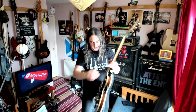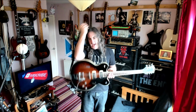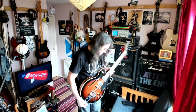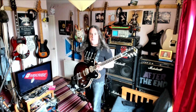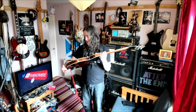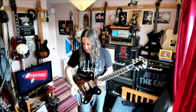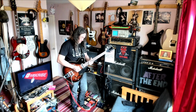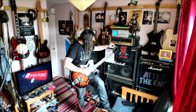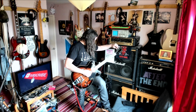G2622T-P90. This might actually be very similar to the one I had before, the cherry red one, very much a 335. It was a Streamliner. It might be the same one, but with P90s in a different colour, and it's got a Bigsby. I mentioned them when we were in the guitar shop with Scott. Scott was talking about Gretsch pickups, and his view was the pickups are good, but if you've got two Gretsches, because he used to be a sound guy, that's fine, but the difference is if you've got a...